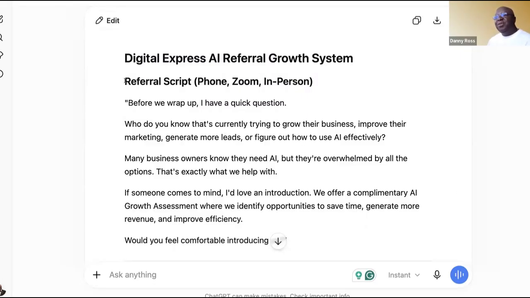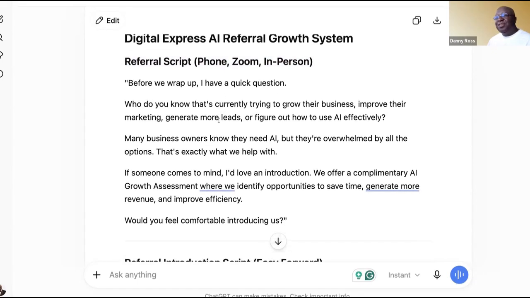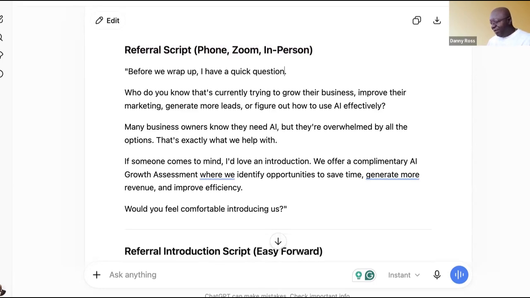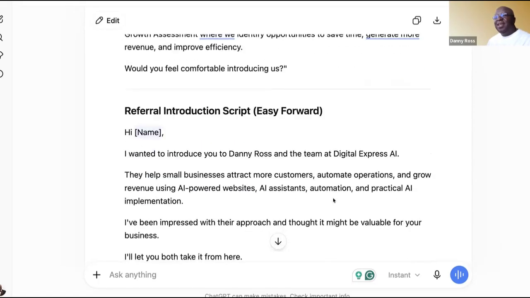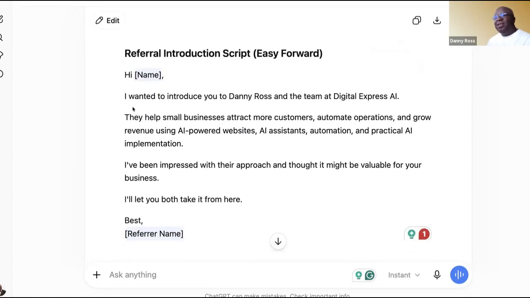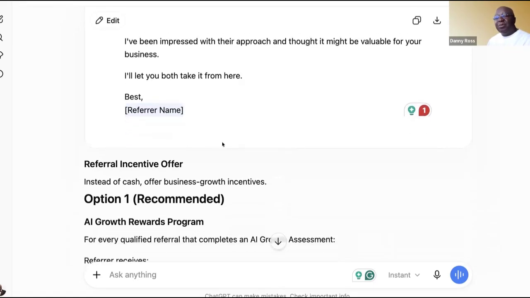Same thing if you have a really good conversation and you're wrapping up: "Before we wrap up, I have a question. Can you help me find somebody who would enjoy what we just experienced?" Same thing if you're leaving a voicemail, you want to create these simple things for your assistant to reach out to people.